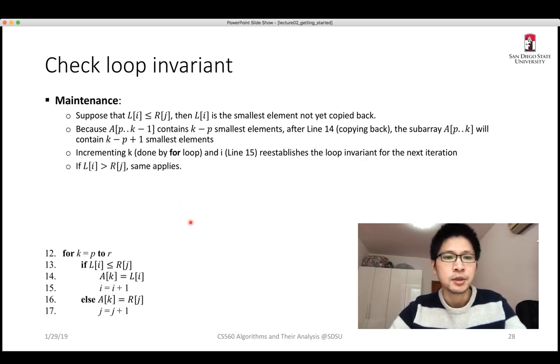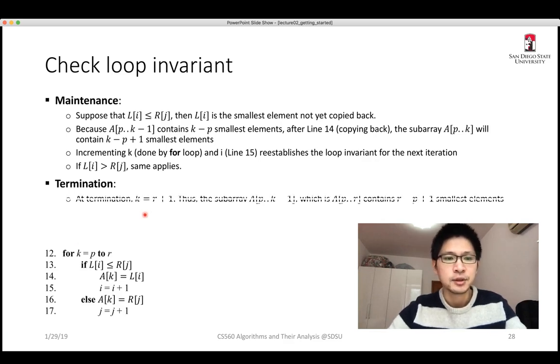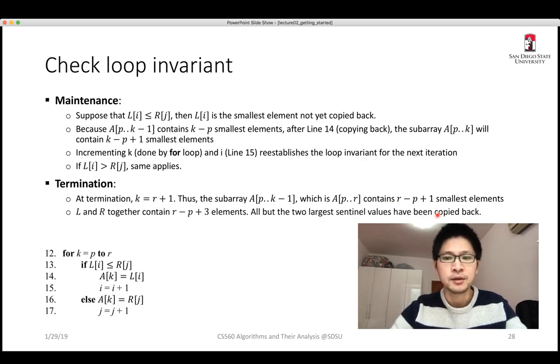Also, if L[i] is larger than R[j], the same analysis applies. And lastly, we need to analyze the termination condition. After the for loop terminates, k is r+1. Now the subarray A[p..k-1], if we replace k with this expression, is A[p..r]. So this array contains r-p+1 smallest elements, which is all the elements in A,